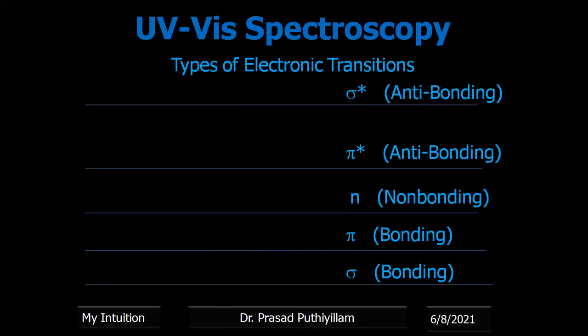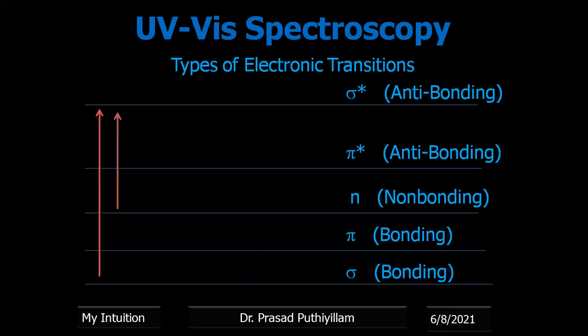The types of electronic transition, which are mainly seen. Many different types of electronic transition can be discussed, but in UV visible spectroscopy, only some of the possible electronic transitions are explained here. I'm not going into detail about the forbidden transitions and all. So the possible electronic transitions are from sigma to sigma star, which has a higher energy difference. Therefore, it requires higher energy radiation. Higher energy radiation means lower wavelength radiation is required. So energy and wavelength are inversely proportional to each other.